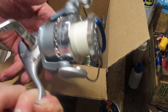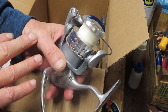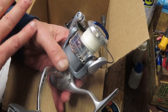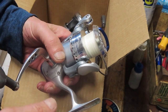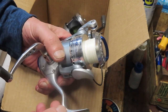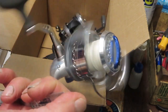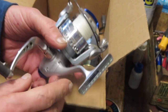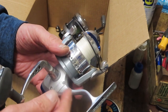They're nice reels. The 40 size reel is a nice size reel. It's an intermediate reel. You can use it in deep lakes, rivers, and the like. You can use it from shore, and it fits that need. If you're going for surf casting, you want a 50 or a 60 size. If you're going primarily in the freshwater, shallower depths, you probably want a 20 or a 30. That 40 is the crossover reel,